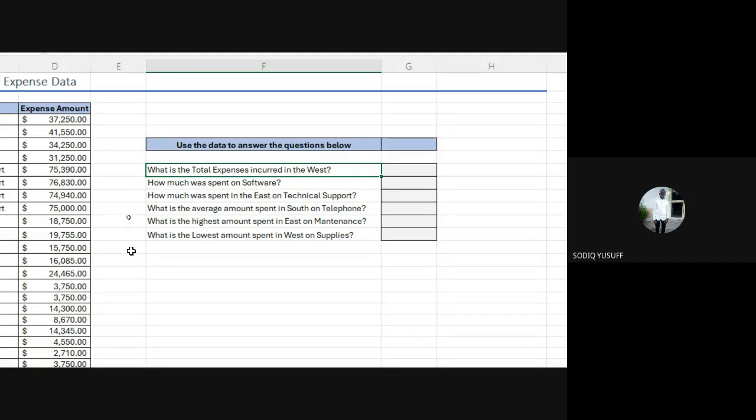Now, one thing about analysis is using a tool, but the most important tool that you need when you are working with data is critical thinking. It's for you to be able to think critically and think through how you're going to solve a problem. Now, I would like somebody to unmute his or her mic for me and tell me, how do you think we are going to solve this problem?